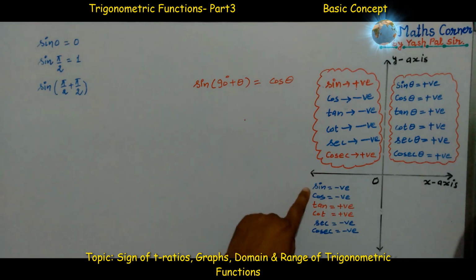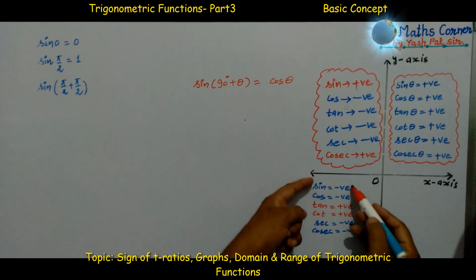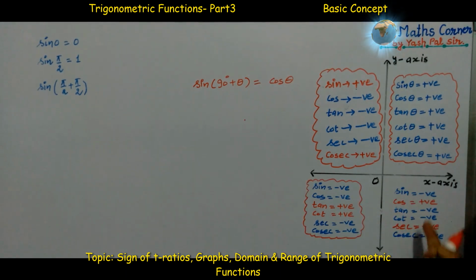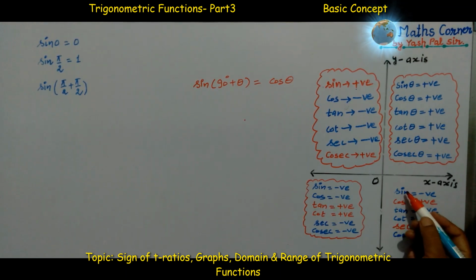In third quadrant, only tangent and cotangent they are positive, and other four T ratios they are negative. Lastly, in fourth quadrant, only cos and its reciprocal, that is secant, they are positive, and other four T ratios